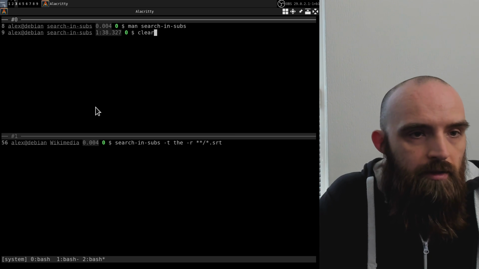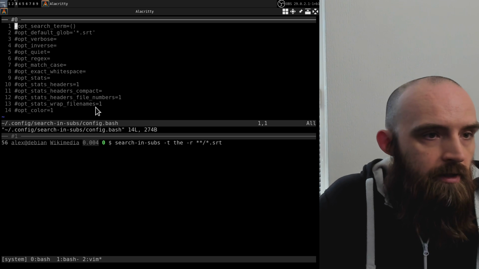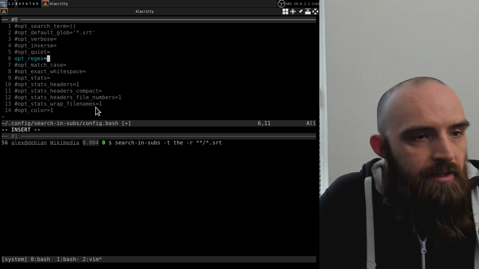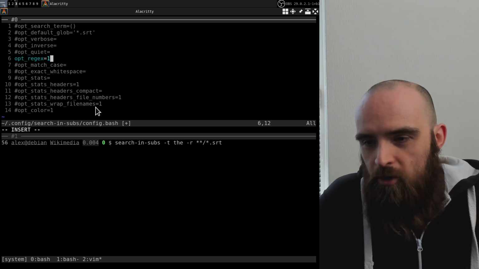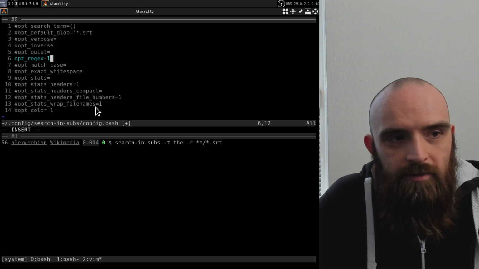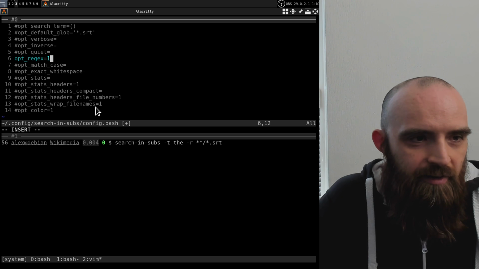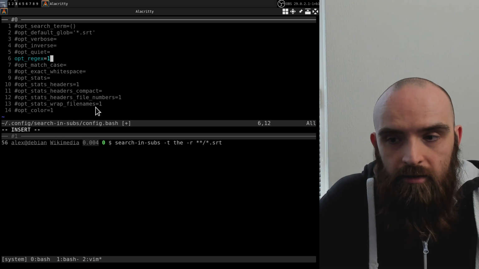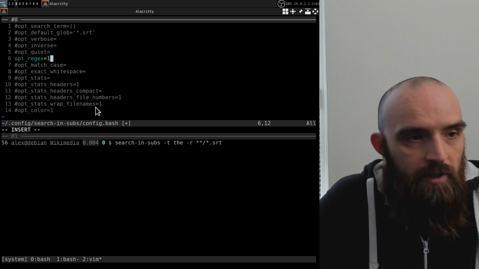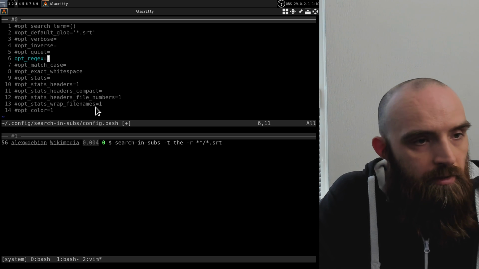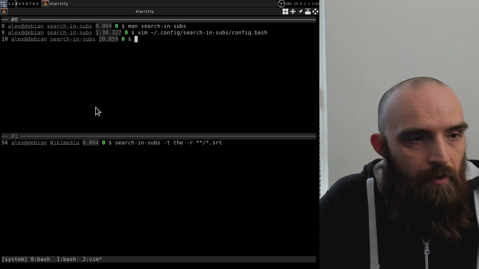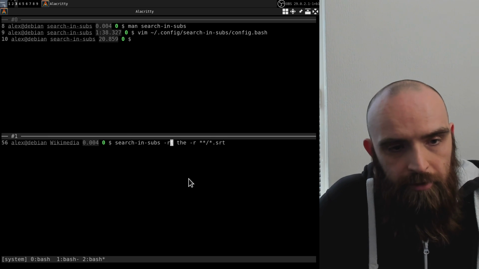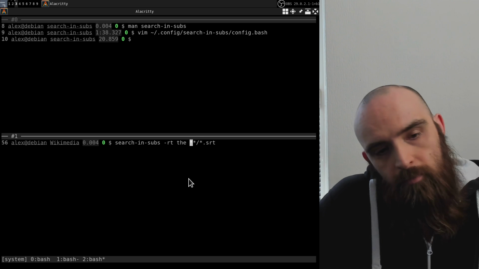But you can go to the config file and set this opt regex to any value, but I always use 1 as a convention. Set this to any value, and that will enable the option. But the default is disabled, so I'll pass the -r over here like this,